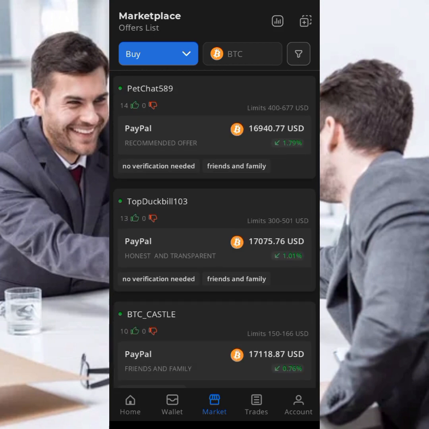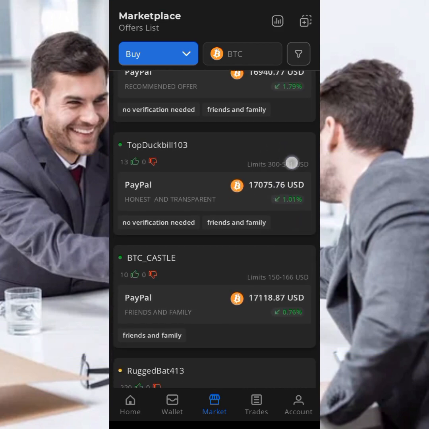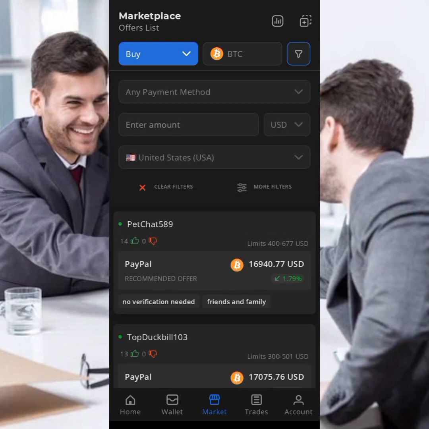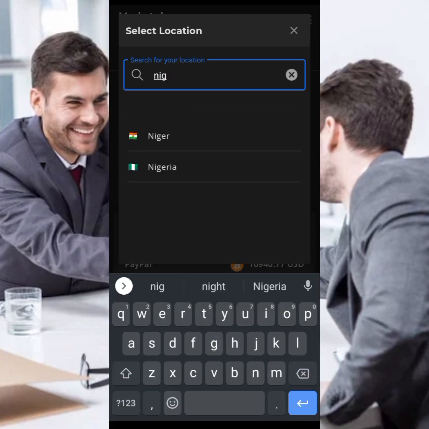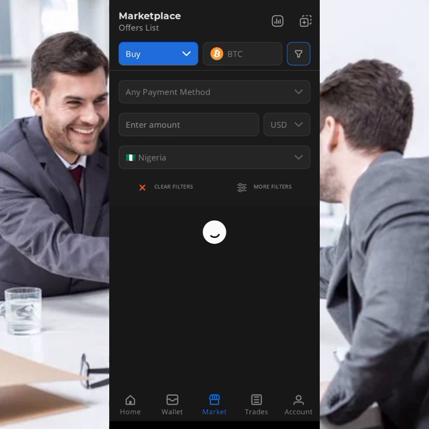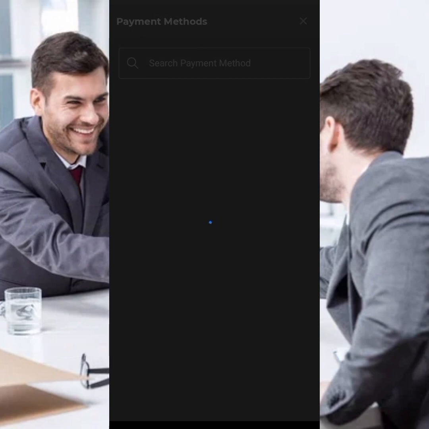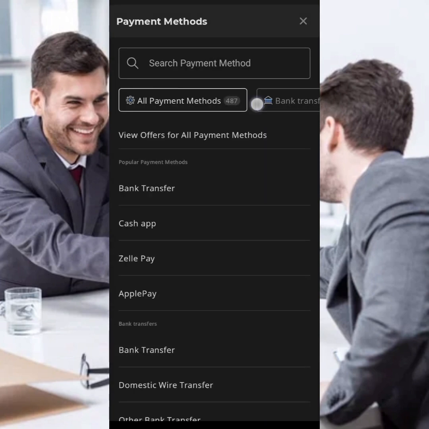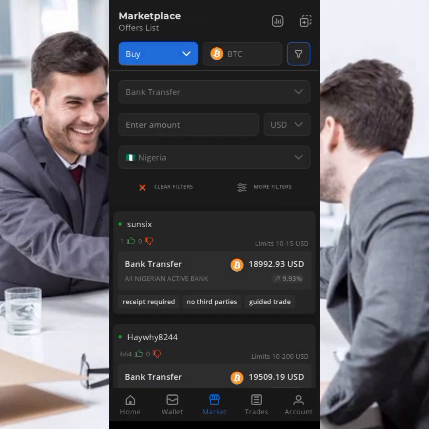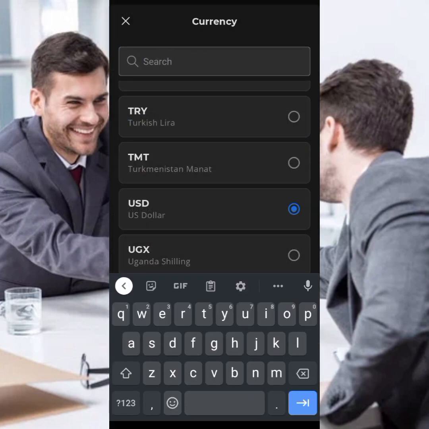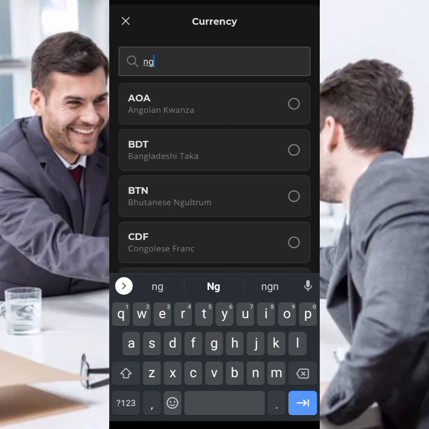Now, what we need to do is come here, click on Buy Now, and click Buy Bitcoin, and here we'll click on this filter. Once you click on this filter, you see it's United States. I'm going to change it to Nigeria. Then because I want to buy Bitcoin, I will change the payment method to bank transfer. I'll come here and locate bank transfer, then put on bank transfer. Then I will also click on NGN. Hope you understand what I mean. Then you can click on NGN here,